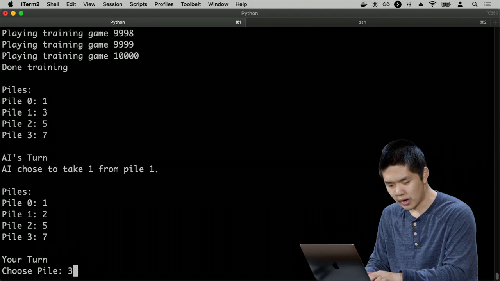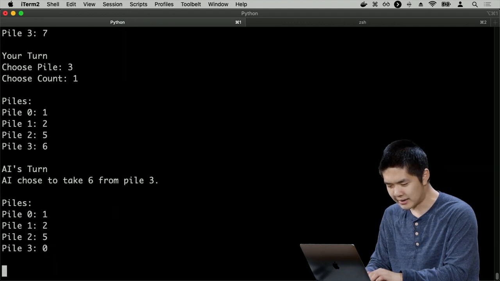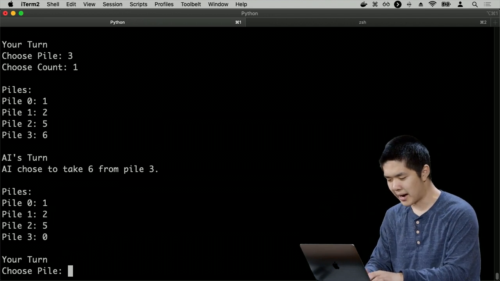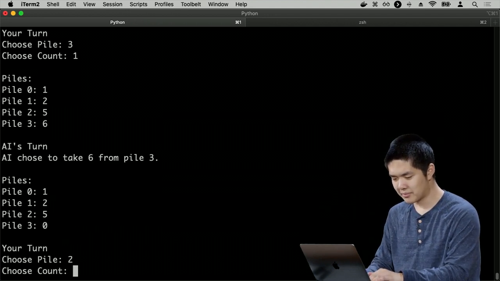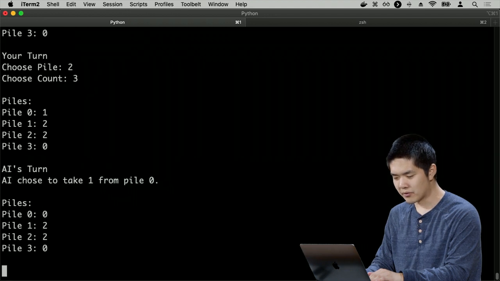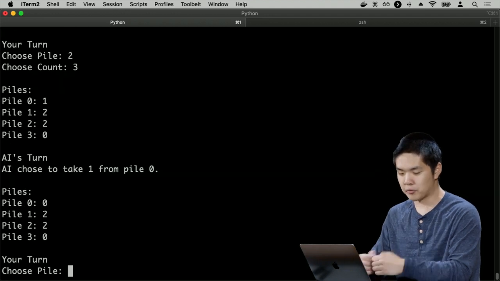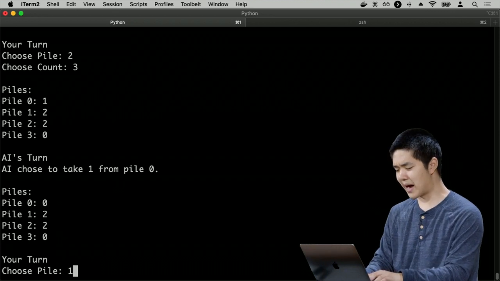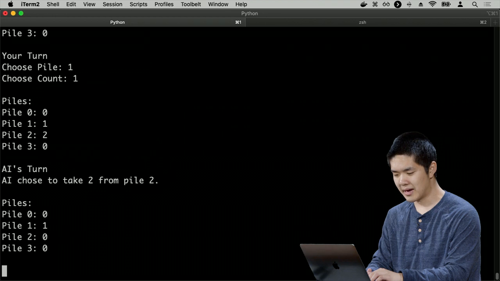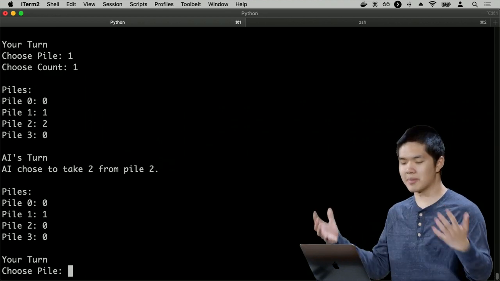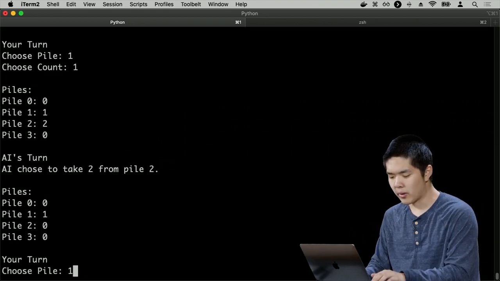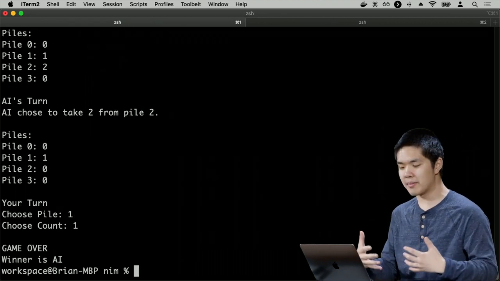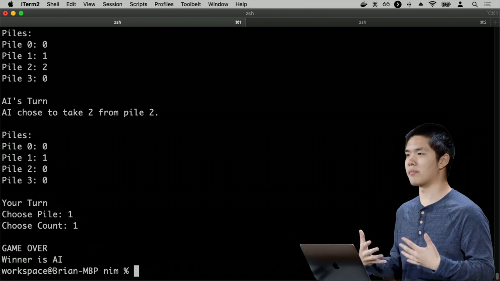Maybe I'll remove 1 from pile 3. And the AI took everything from pile 3, so I'm left with 3 piles. I'll go ahead and from pile 2 maybe remove 3 items. And the AI removes 1 item from pile 0. I'm left with 2 piles, each of which has 2 items in it. I'll remove 1 from pile 1, I guess. And the AI took 2 from pile 2, leaving me with no choice but to take 1 away from pile 1. So it seems like after playing 10,000 games of NIM against itself, the AI has learned something about what